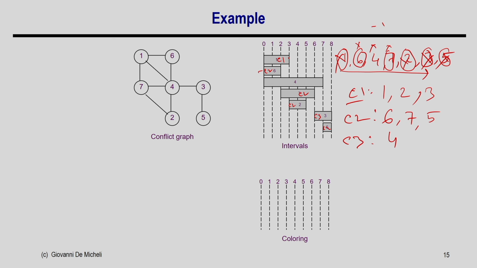the same color, right. And this is how I can solve this problem, and here is the way I just discussed: 1, 2 and 3 are scheduled and given the color 1, and then 6, 7 and 5 are given the color 2 and 4 is color 3. So, 3 colors are needed for the operations.